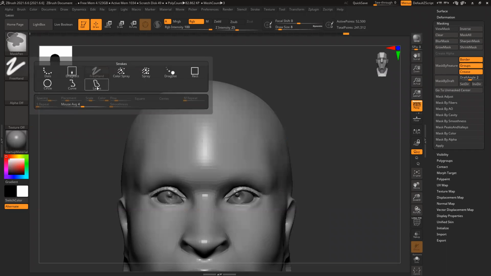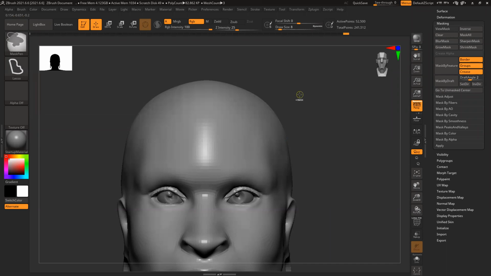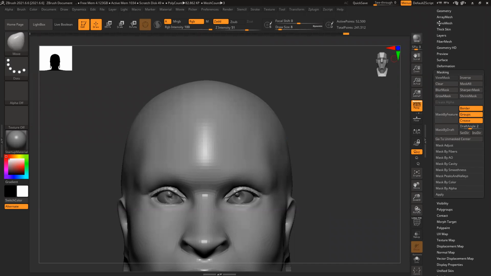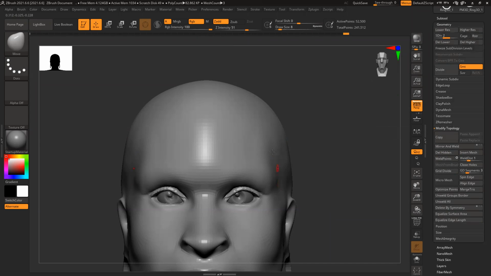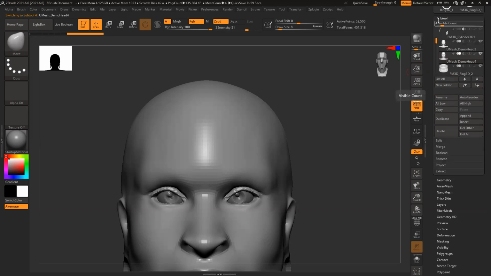Okay, curve strap. Just for the ease. For curve strap, make sure your model doesn't have any subdivision, otherwise it won't work. I don't want to delete my subdivision, so I'll duplicate the model. Control Shift D for freeze. Yes, I can use freeze also. Control Shift D, that's what I prefer, because sometimes when you unfreeze, it makes distortions. That's why I prefer to duplicate the model and isolate it.